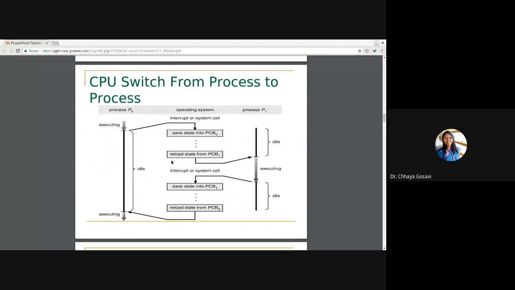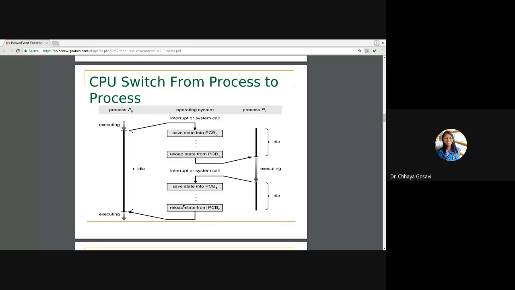So whenever a process is created, a process control block gets created, and when the process is interrupted, the current information is saved in the process control block. And when a process wants to resume, continue its execution again, for example, P1 wanted to continue execution, so it has to reload states from PCB, get all the information in program counter, registers, files, etc., and start executing. And again, with an interrupt, it has to save the information. So save information and reload information.